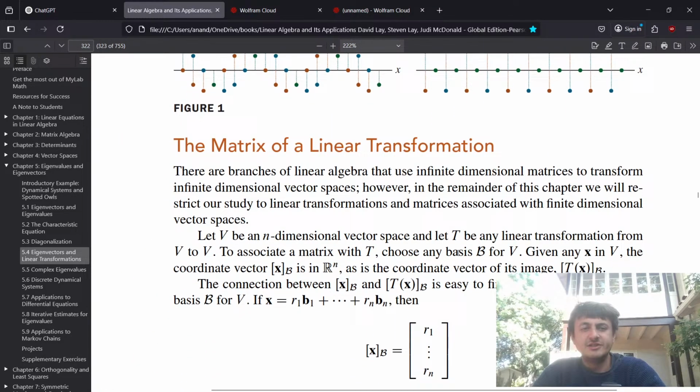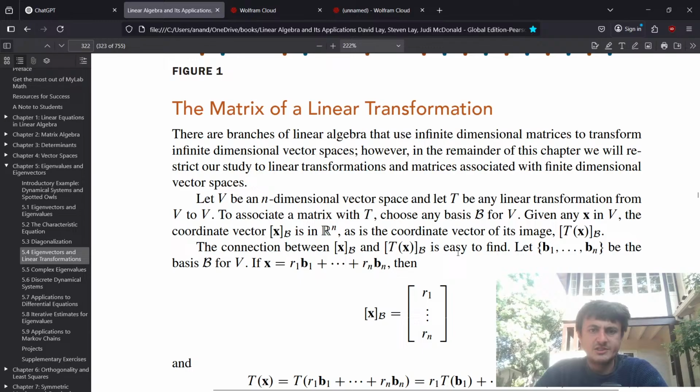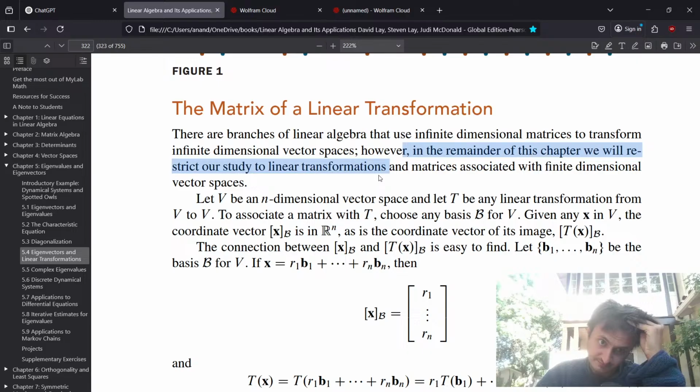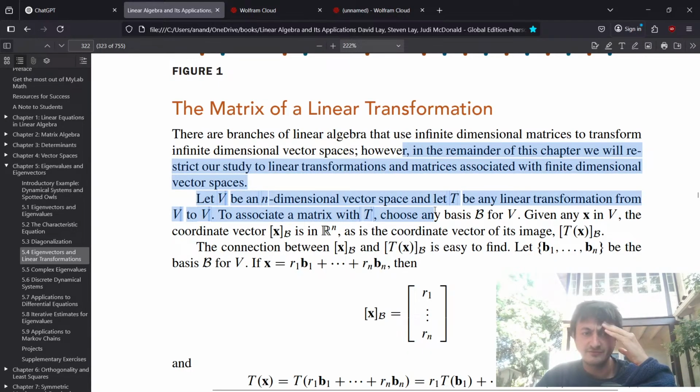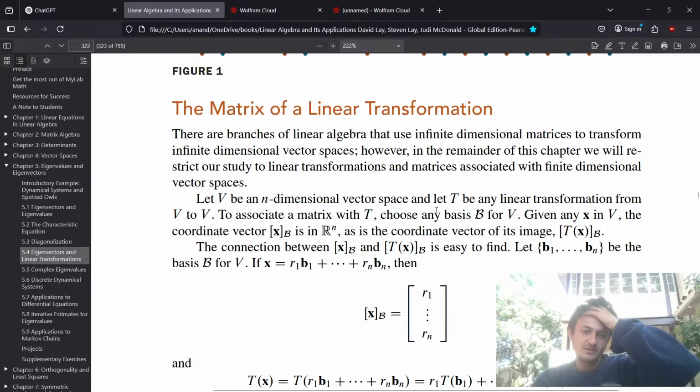The matrix of a linear transformation. There are branches of linear algebra that use infinite dimensional matrices to transform infinite dimensional vector spaces. However, in the remainder of this chapter, we will restrict our study to linear transformation of matrices with finite dimensional vector spaces. Let V be an n-dimensional vector space and T be any linear transformation from V to V. To associate a matrix with T,